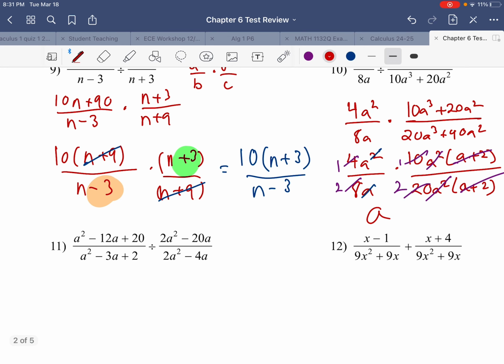For number 11, I've got a squared minus 12a plus 20, and I'm dividing by 2a squared minus 20a over 2a squared minus 4a. Sorry, 20a minus, and the other one was 4a. So in the first rational expression, two numbers that multiply to 20 that combine to a negative 12, they both need to be negative. So it's a minus 10 and a minus 2. In the denominator, same idea, two numbers that multiply to a positive and then combine to a negative. This is a minus 2